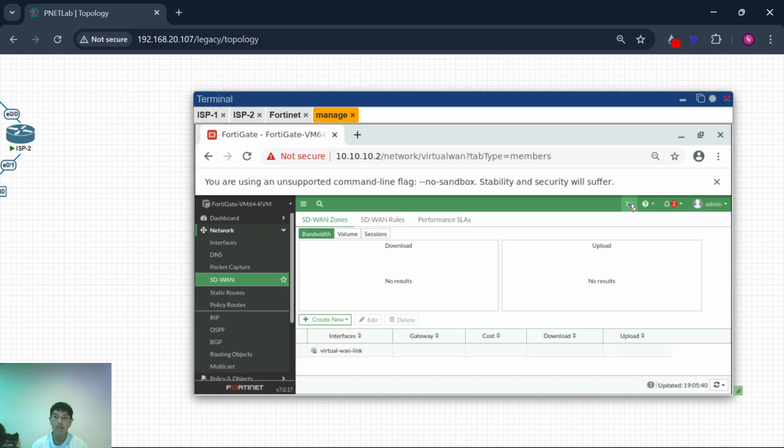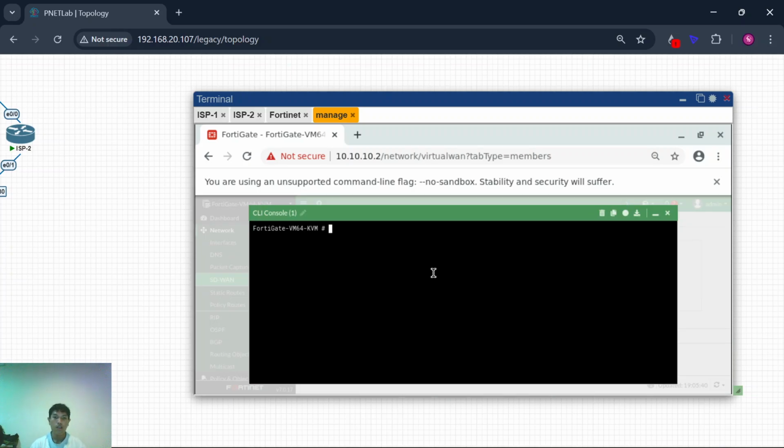So you can click this terminal. You see this is the CLI console.